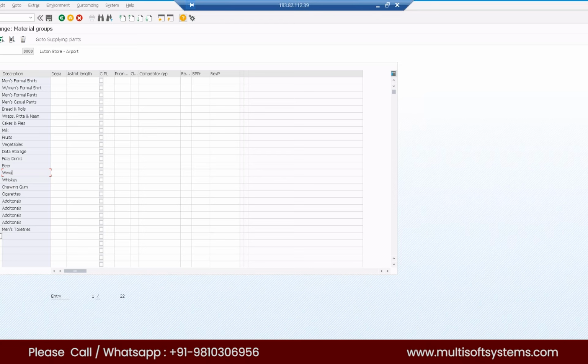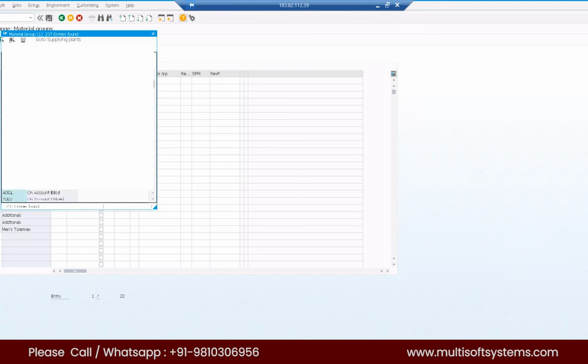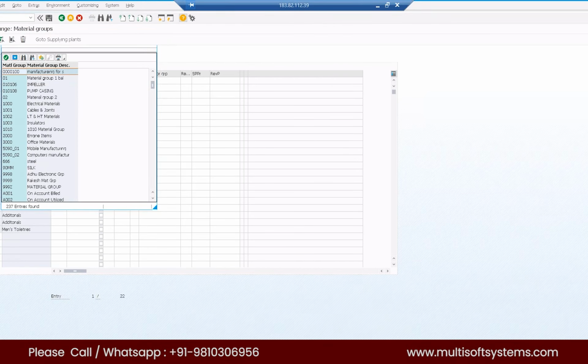For example, let's take a different one: women's jeans is not available here. If that is a material group your organization is dealing with and it is not assigned in here, it is not possible that this store can sell the material group women's pants. So we are not assigning the actual material here. We are assigning only the material group. So whatever materials belong to this material group will be available for sale, right? It depends on what kind of assortments you're dealing with. For example, if women's pants are not available here, but you have the opportunity to assign the assortment